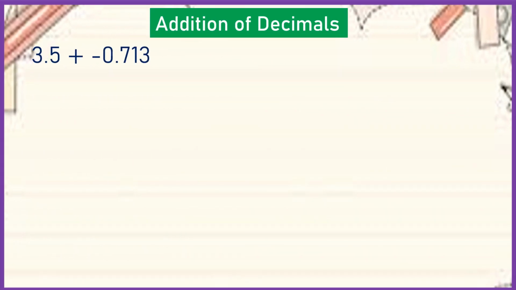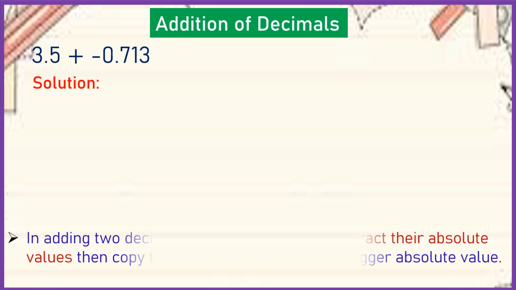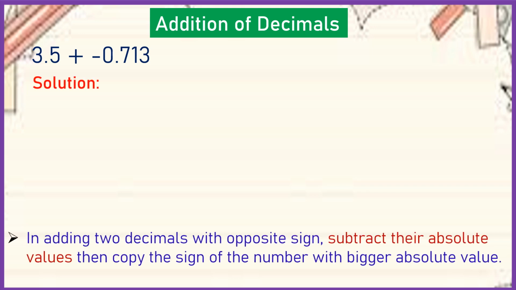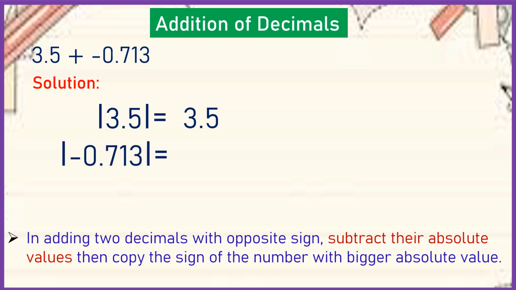Now let us have another one. If we have one positive and one negative, we are going to put it vertically, and take note that in adding two decimals with opposite signs, subtract their absolute values, then copy the sign of the number with bigger absolute value. Or simply, we just need to subtract them and follow the sign of the greater absolute value. So using the steps, we are going to get the absolute value of positive 3.5, which is positive 3.5,